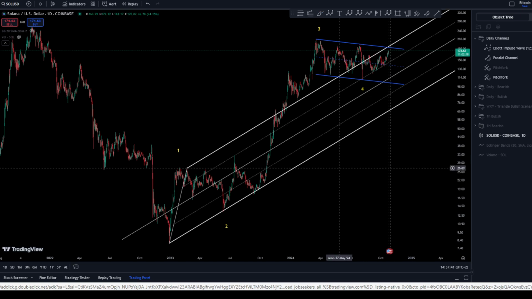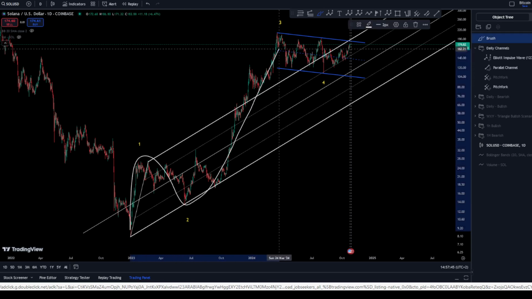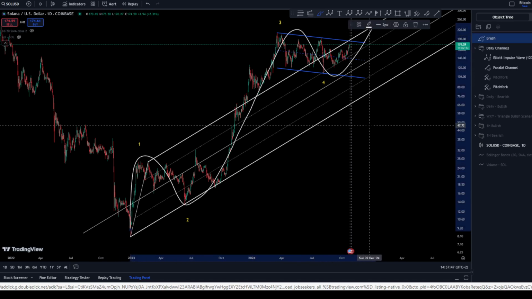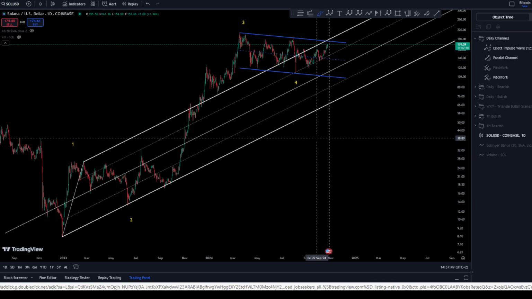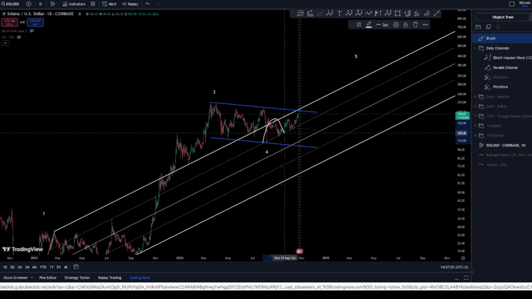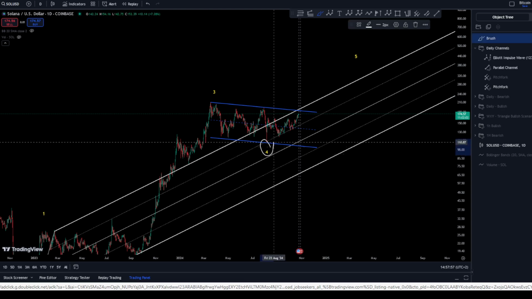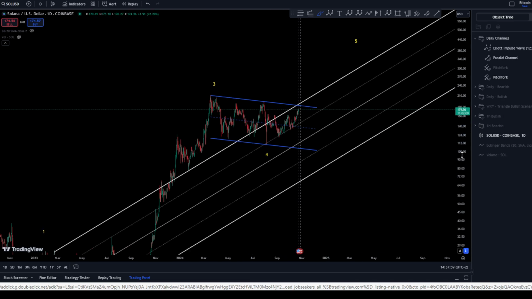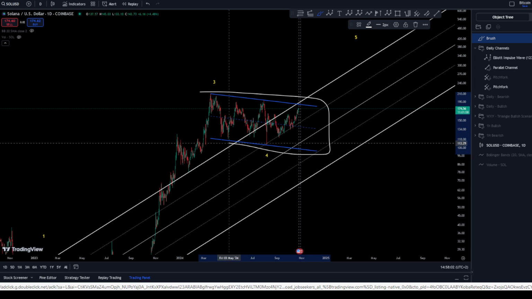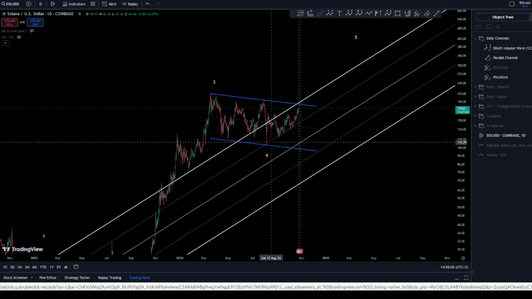So starting with Solana on the daily chart, we are looking of course here at an impulse 1, 2, 3, 4, 5 towards the upside, where we are looking for 5 waves towards the upside, of course for the wave 5. As you can see, the 4 has possibly bottomed here inside our blue channel, the corrective channel, perfectly ranging inside it.